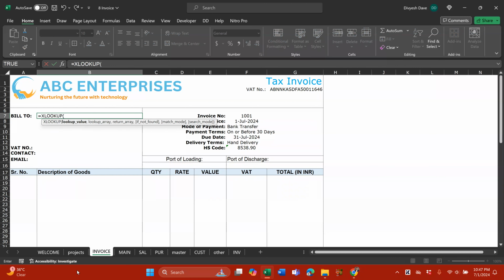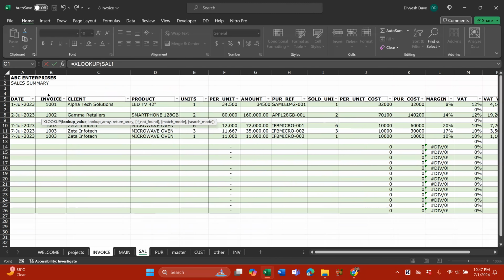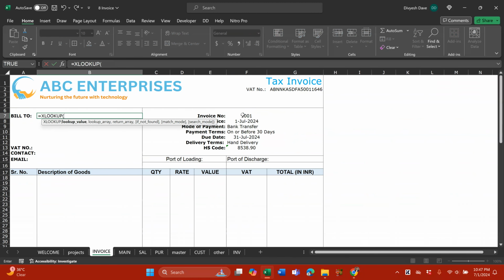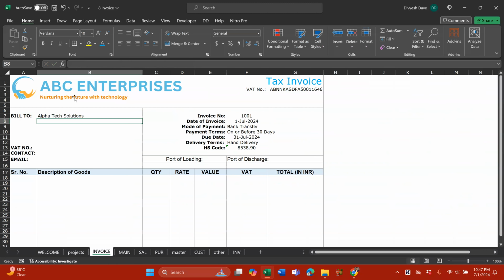So XLOOKUP, we will go to our salary sheet, and here we will simply go XLOOKUP. The lookup value is 1001, comma, we'll go to our sales sheet, lookup array, and then the return array. Enter. That's it. Now once this data comes, we will add another XLOOKUP from the customer database, and then sequentially we will add everything one by one,